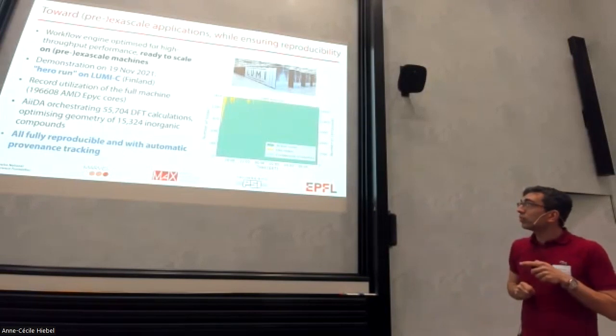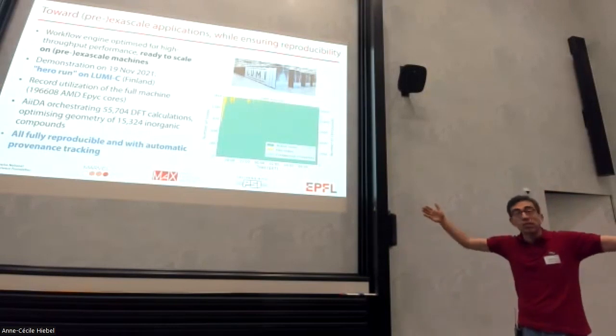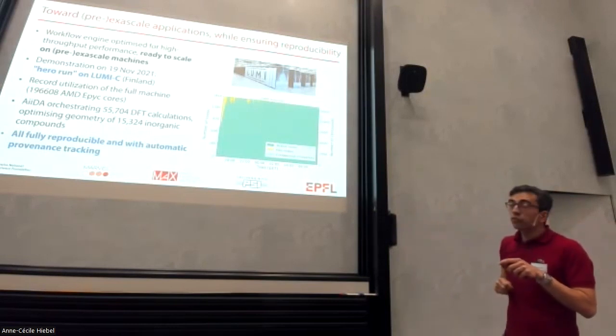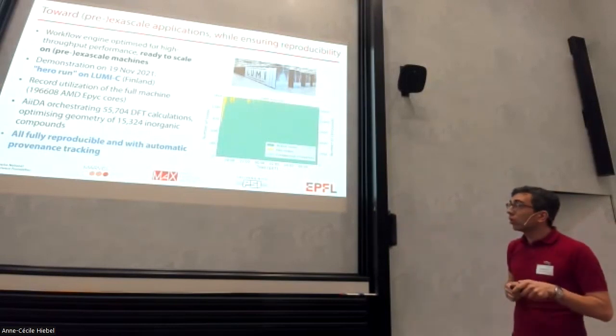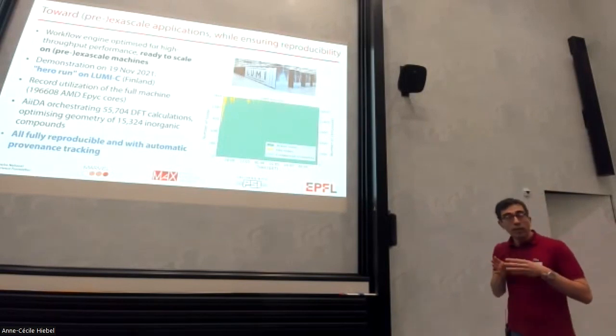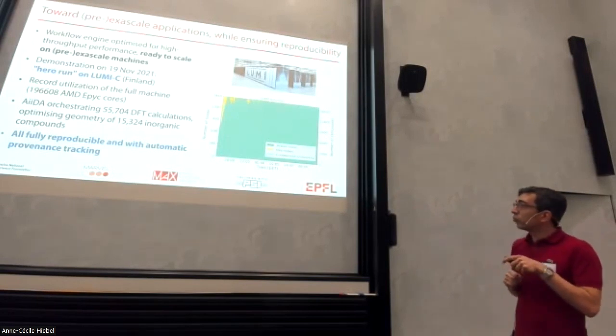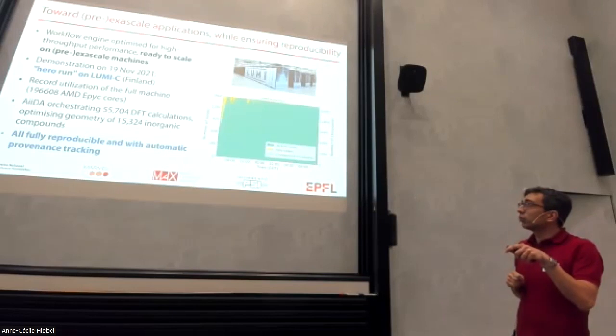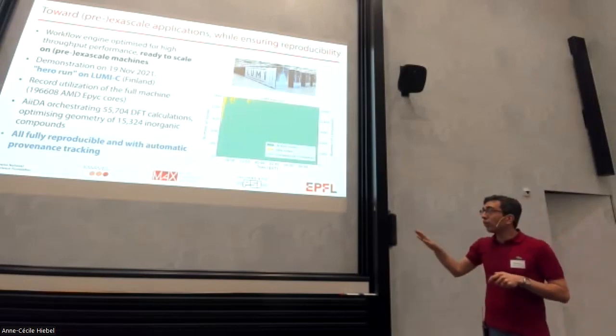And during the test phase in the CPU-only partition, we were given full access to the full machine. So you have to imagine this is 1,500 nodes, almost 200,000 cores. And for 12 hours, we were able essentially to fill the machine with all the jobs. After half an hour, we were essentially using the whole machine, the green bar, and compute over 12 hours,